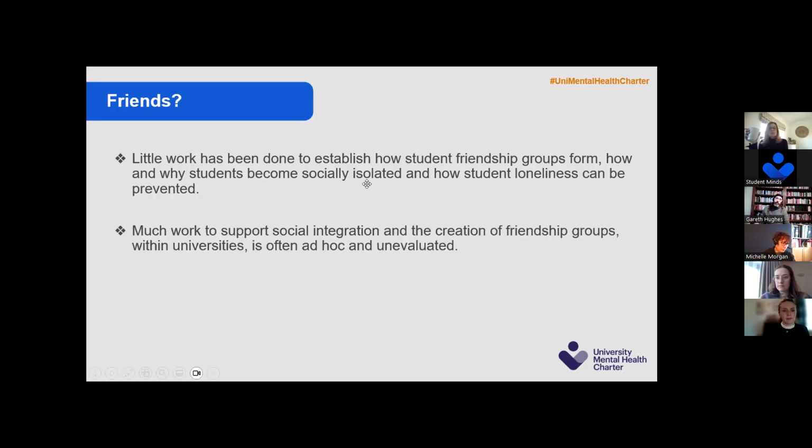What we see in terms of university activity is that a lot of the work around this is quite ad hoc. Some of it can be really good. So some student life programs focused around residential accommodation, for instance, can be really good, and you can really see it's really well thought through, and there's evaluation and evidence that it's having some impact.